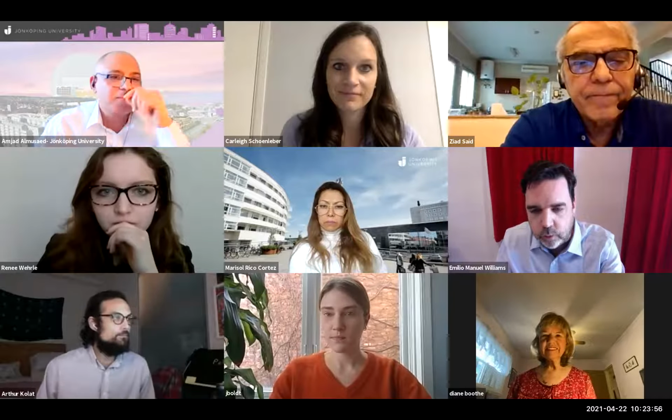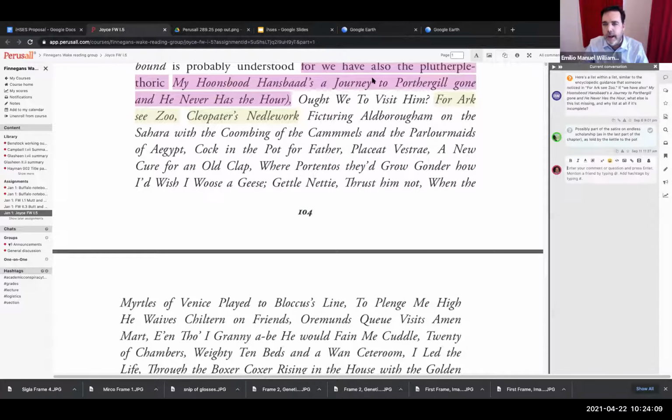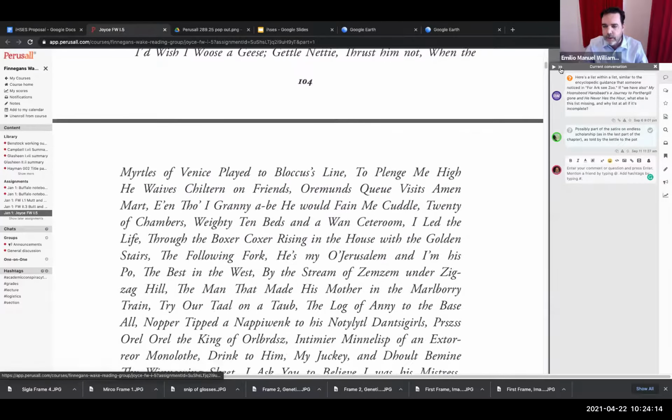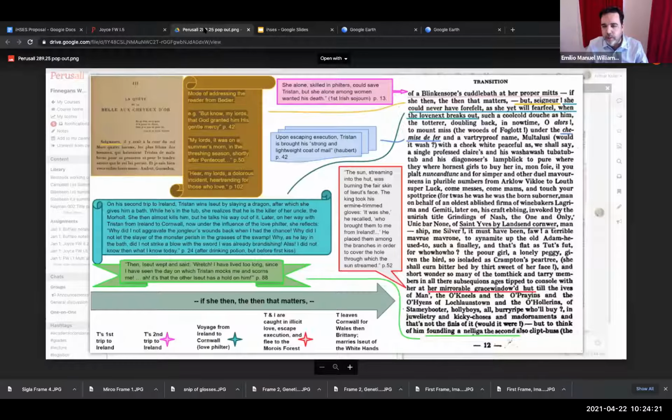The first one I wanted to talk to you about is Perusal, which was our home-based application. This allows us to share primary and secondary literature on Finnegans Wake. What is really interesting about this tool is that we can comment on the text in detail, as you see here. If we go into one of the comments, it allows you to comment not only with text, but with graphics and hyperlinks. It's a great resource to create asynchronous readings, but then we used it in a synchronous way to really go through our common readings.